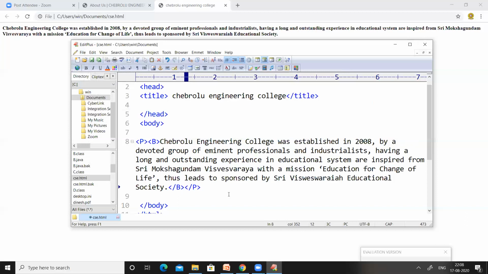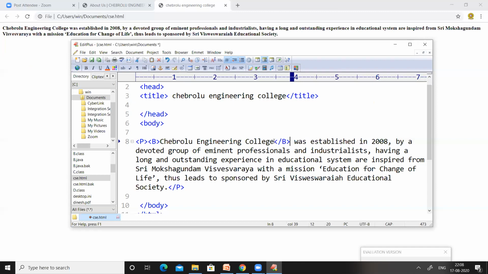So this is how we can highlight any of the text on the web page, or we can apply boldness to any text, which may be a number or a text, by using this bold tag. This is the use of the bold tag in HTML.